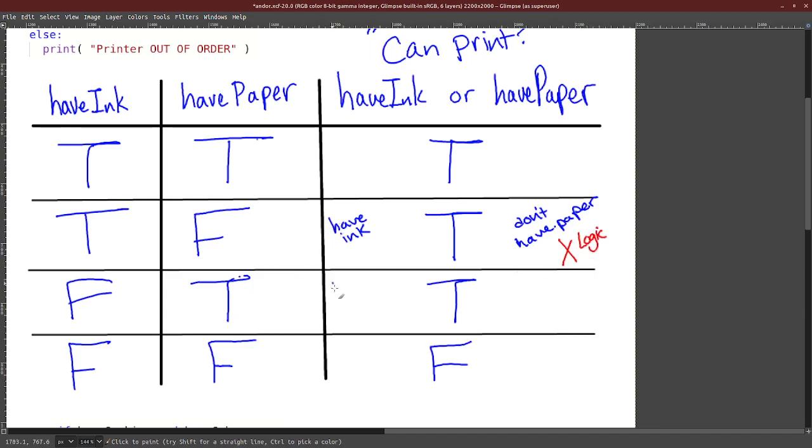Now, if we don't have ink, because we have false here and we do have paper,